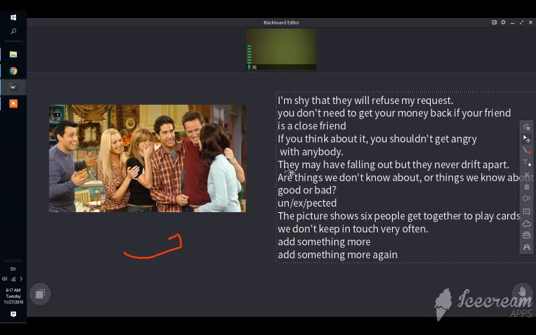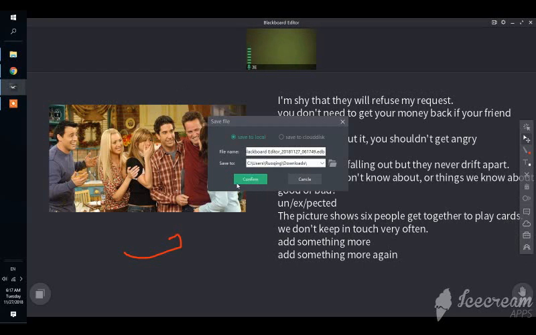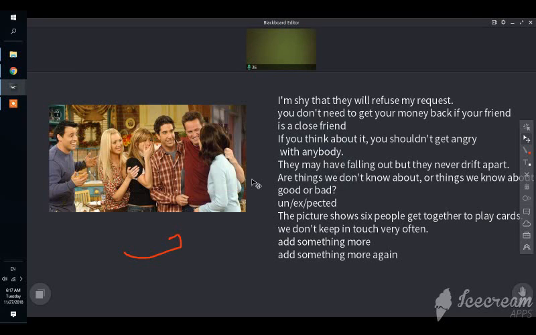And when you finish at the end of the class, you can save the board file. Choose a place that you want to save it, download, and confirm. And now the time is up. You move on to the next class, have the next class, and when you finish all of the classes, come back and